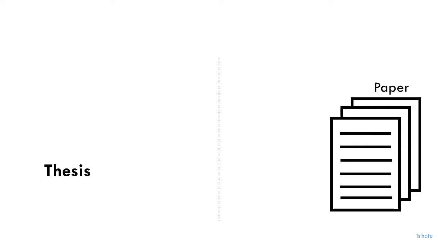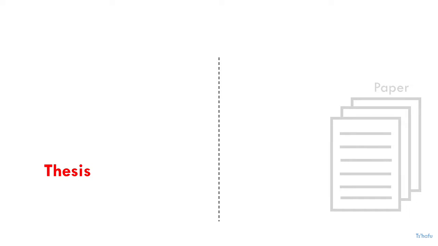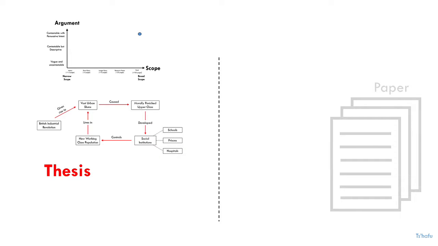Now, if you think about what we've done so far in the previous videos, we've primarily focused on what? On the thesis. We started out by identifying why the thesis is important to your paper. From there we went to the thesis evaluation graph, how we can understand it, and then lastly we introduced the idea of being able to break down any argument in terms of these two things, objects and relationships connecting the objects. And so what we're going to do now is shift our focus away from the thesis and think about the paper.